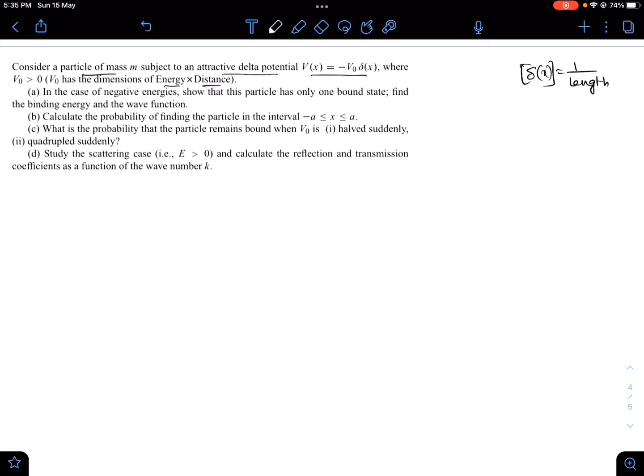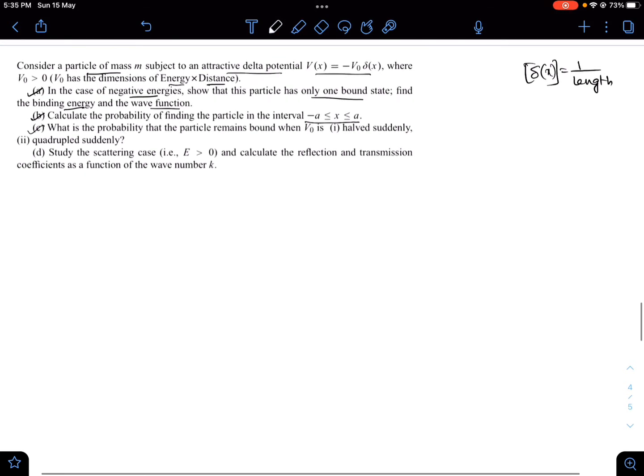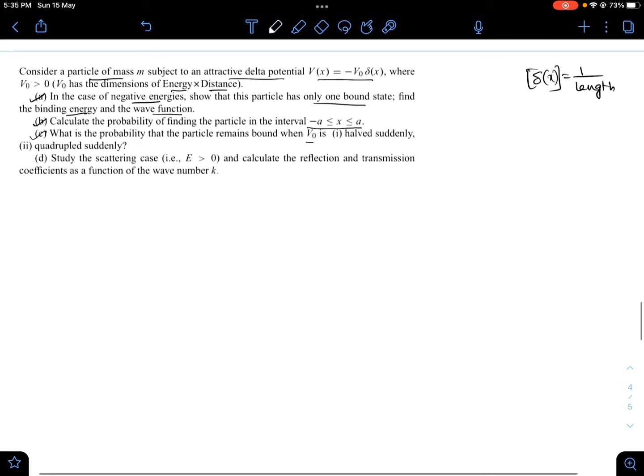So first we have to show that in case of negative energies the particle has only one bound state, and we have to find the binding energy and the wave function for that state. After that we have to calculate the probability of finding the particle in the interval from minus a to a, and then we have to calculate the probability that the particle remains bound when V0 is halved suddenly and quadrupled